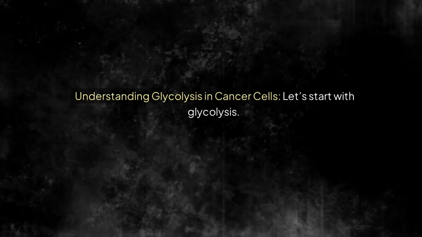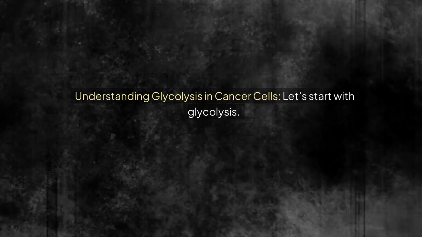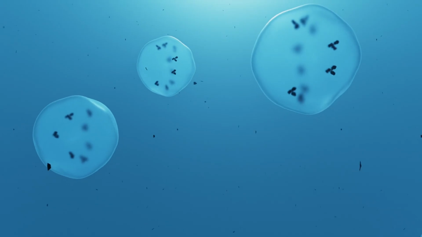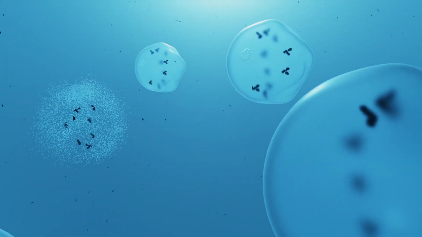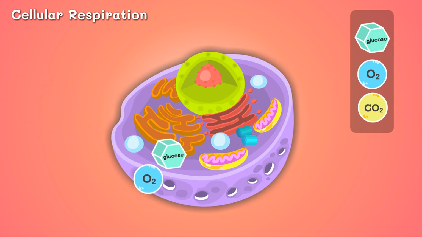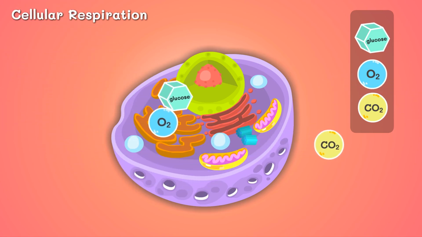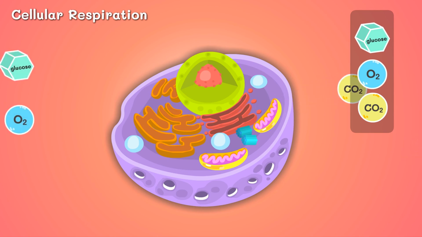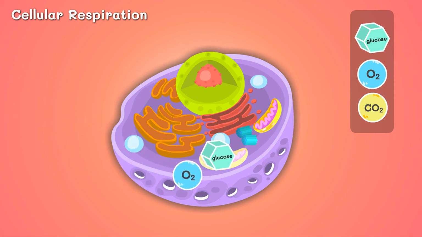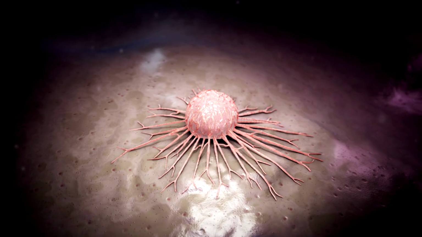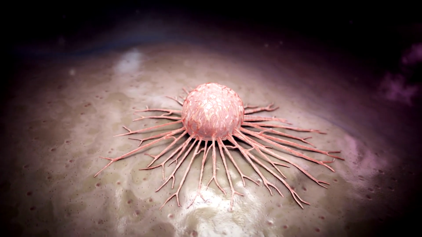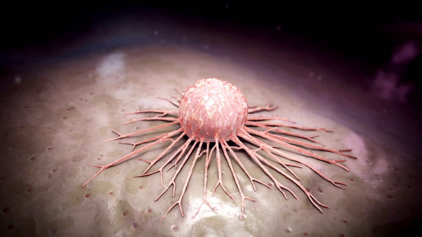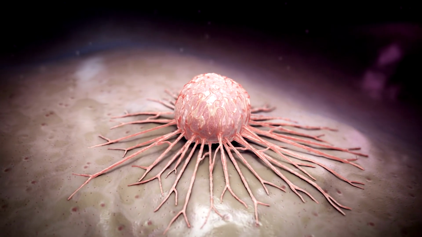Understanding glycolysis in cancer cells. Let's start with glycolysis. Glycolysis is a metabolic pathway where glucose is broken down to produce energy. In healthy cells, glycolysis is usually followed by oxidative phosphorylation in the mitochondria, efficiently producing ATP, the cell's energy currency. However, cancer cells often prefer glycolysis over oxidative phosphorylation, even when oxygen is available, a phenomenon known as the Warburg